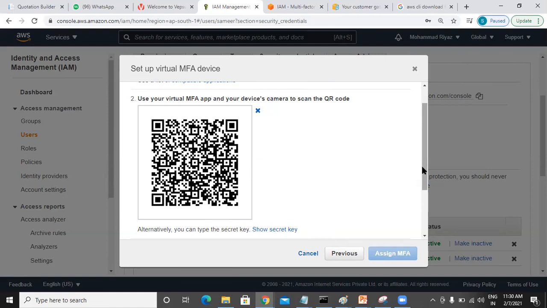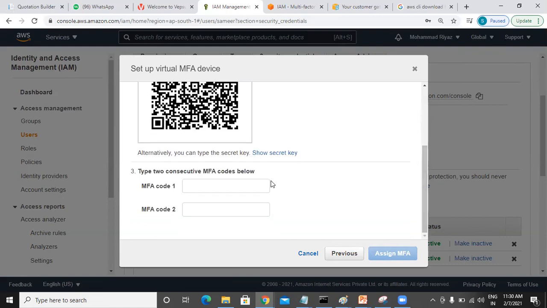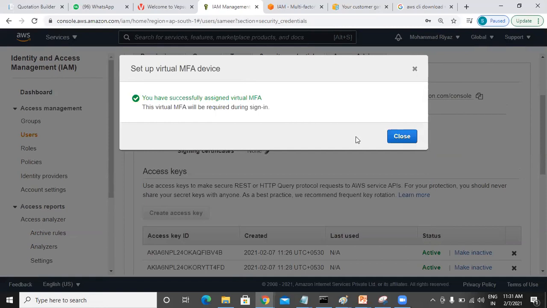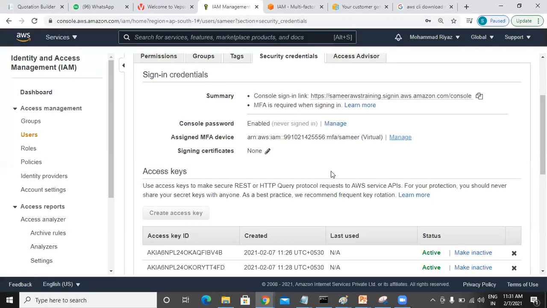So the key is 523699. One second, 523699. The one more key will come after a second, it's 398067. Okay, so I am clicking on MFA. Below it's asking me to add the account. It's already done, so no need to worry. So I have created MFA.